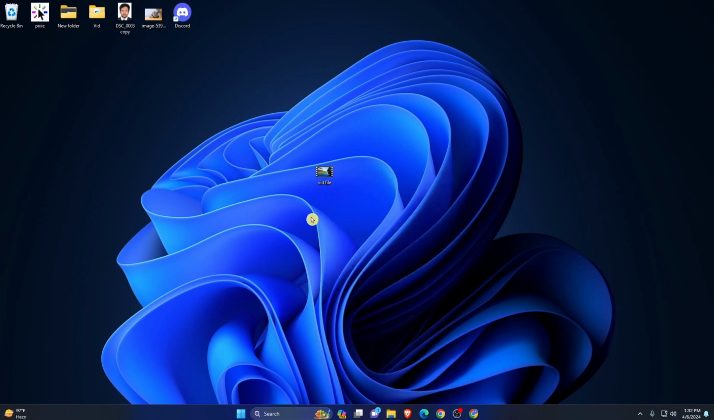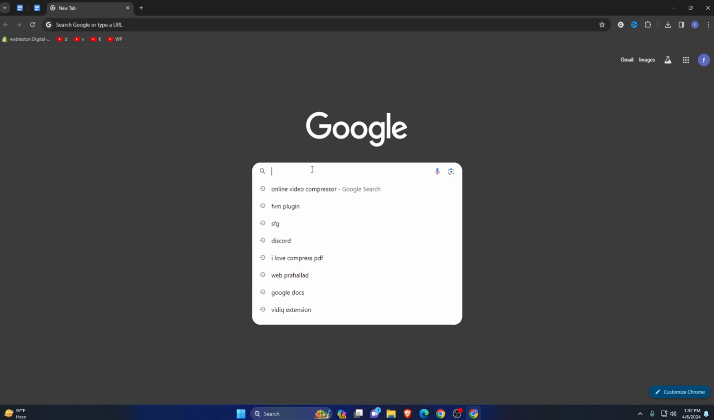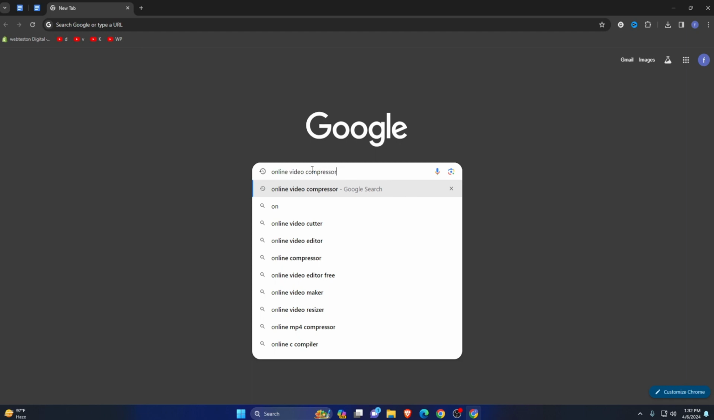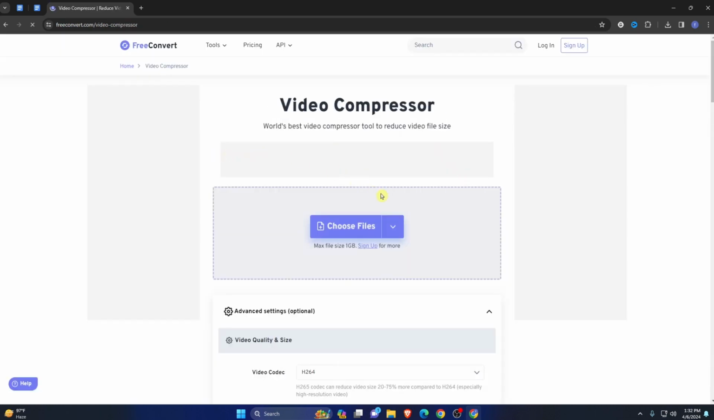So for that, first open your browser. Once you have opened your browser, then go to Google search and here search for online video compressor and free convert. This is the site and we are going to compress our video from this site. Just click on that and here you can see choose file. Just click on this